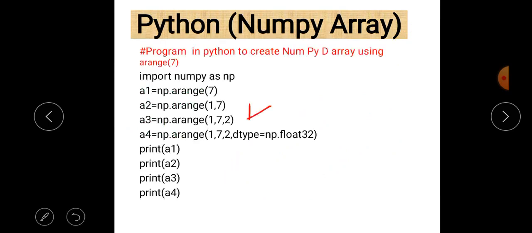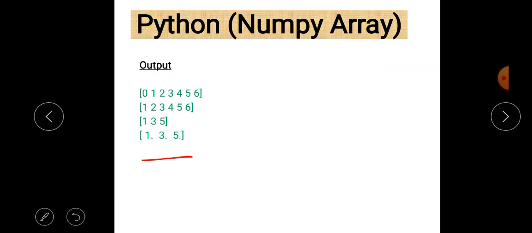Now case number 4. In this we just write np.float32 as a data type. So you can easily see that the data type is changed.